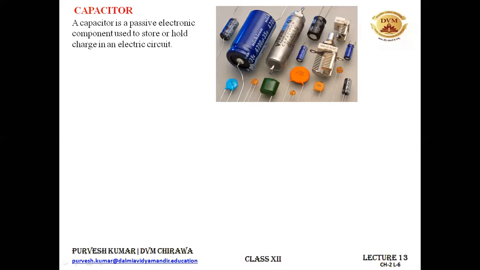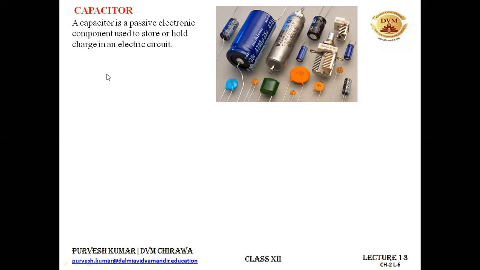If you open up some electric circuit, maybe a tape recorder or some other electronic device, you will find a lot of capacitors. This is one cylindrical type capacitor you can see in blue color, and sometimes we call it a paper capacitor. And there are also some variable capacitors. You can see that this one is a variable capacitor. Its capacitance we can vary, just like a variable resistor, so we can change the capacitance according to our need.